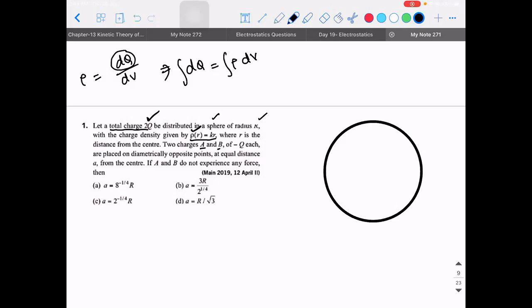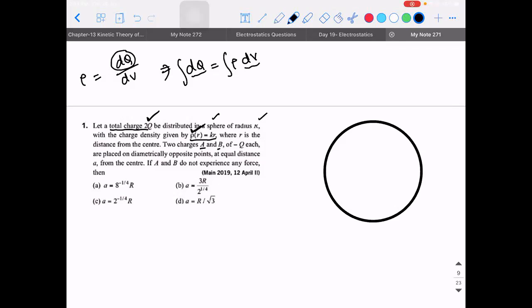When I do an integration, carefully listen, okay? Physics is all about choosing the right limits. Left hand side I will choose the limits with respect to charge because that is my differential coefficient. What about the right hand side? They are saying dV, right? So what is the easiest parameter? Look at the expression for the density that they have given. It is in terms of what parameter? It is a function of r.